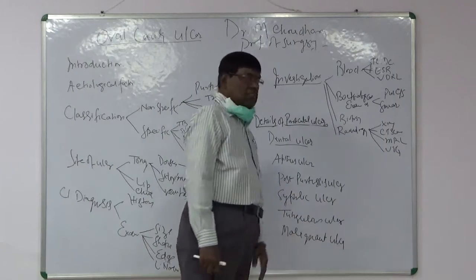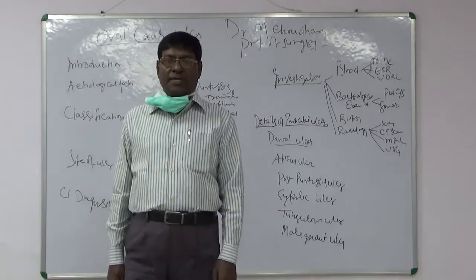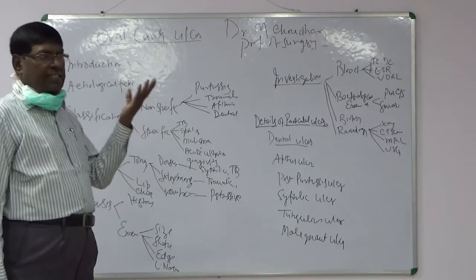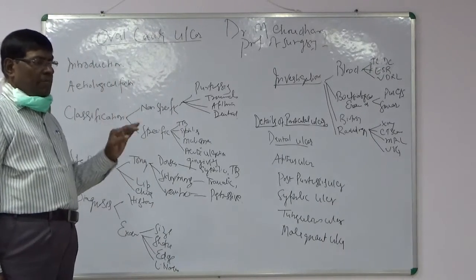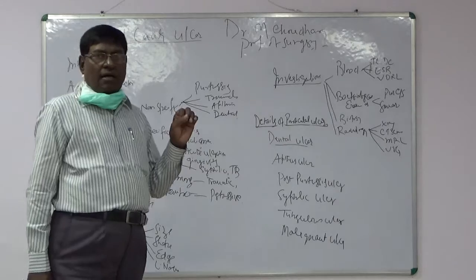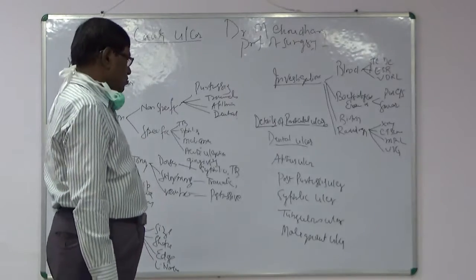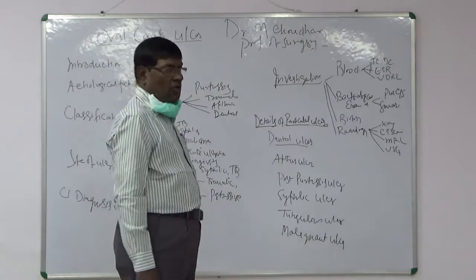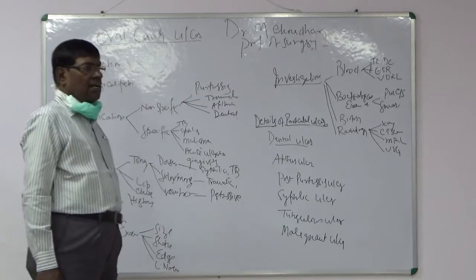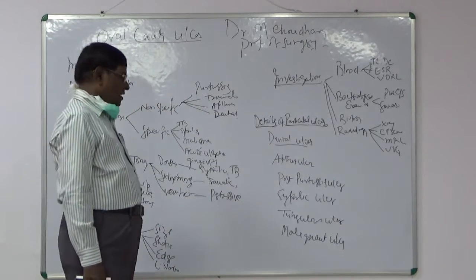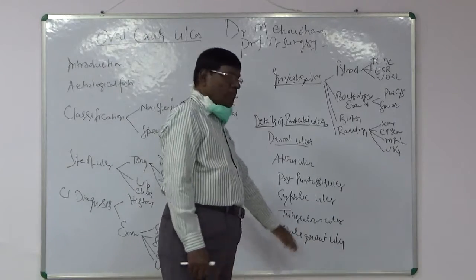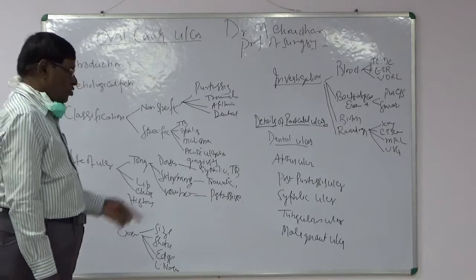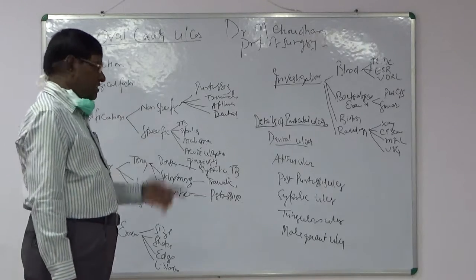Tuberculous ulcer, I already mentioned that it occurs always secondary to pulmonary tuberculosis. During coughing, when the cough is a permanent process, the cough is loaded with tuberculous bacilli, and these bacilli come in contact with the mucous membrane of the buccal cavity and also the tongue, invade the tongue or the buccal mucosa, and form the tuberculous ulcer that is undermined in shape and mostly affects the dorsum and tip of the tongue.